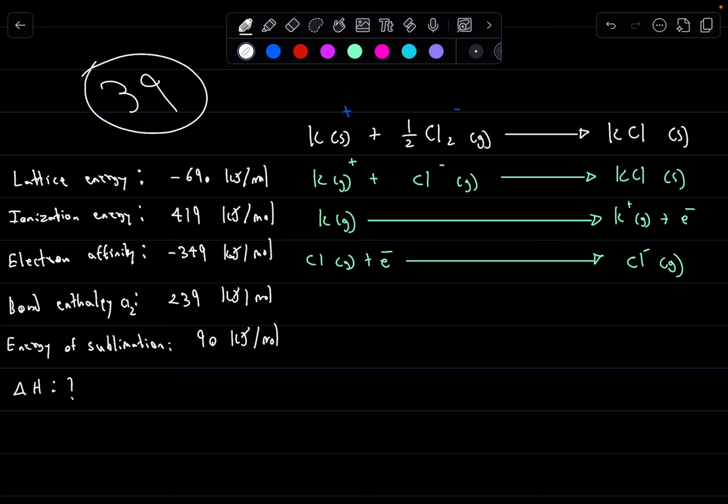Oh, it'll actually tell that for both of these. Yeah, you don't really need to figure that out, it'll tell you, but at least now you know, right? So your bond enthalpy for Cl2. What that means is you just need to write out the reaction for the Cl2 bond breaking